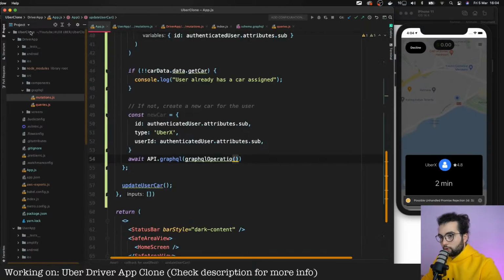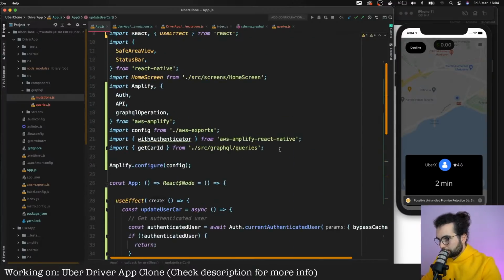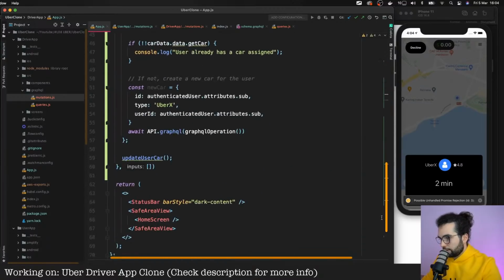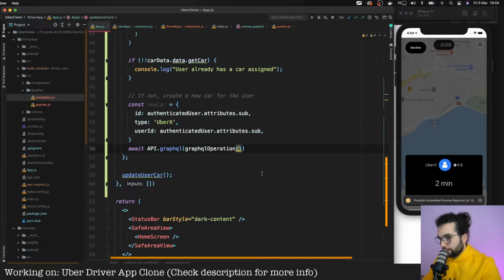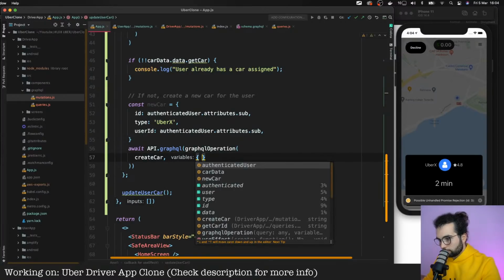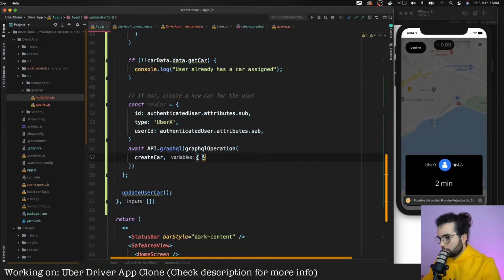Let's go back to our driver App.js, and here in the GraphQL operation, we will need to send that mutation. But first, let's import it. The same way as we imported the query here, we will import the mutation createCar. The mutation will be createCar, and the variables will be... what are the variables?